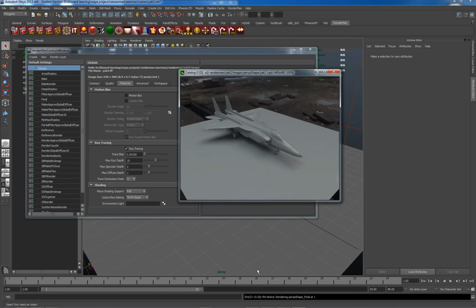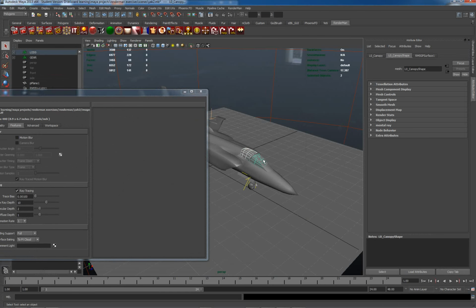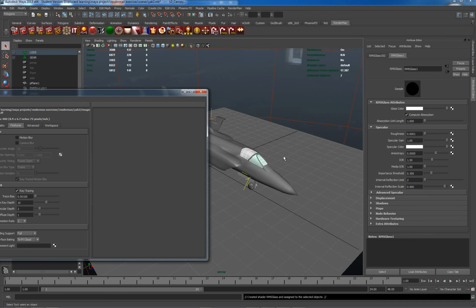Okay, next thing I'm going to do, I'm going to actually put some glass material on the cockpit. And bear with me, I haven't tried this before. I haven't tried the new glass material, so let's just see how it works out. So there's a glass shader here. So this is the general multi-purpose, the glass shader and a matte shader. So let's put the glass shader on there. Not expecting things to show up in the Maya